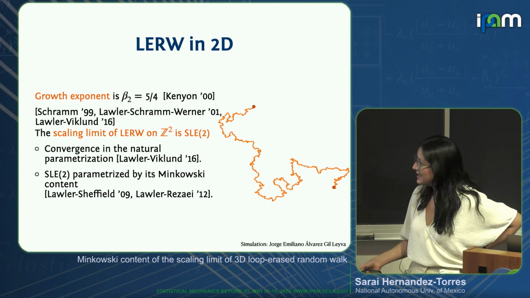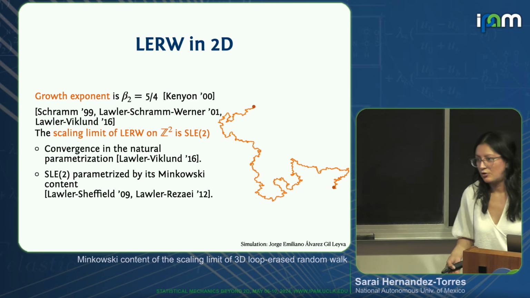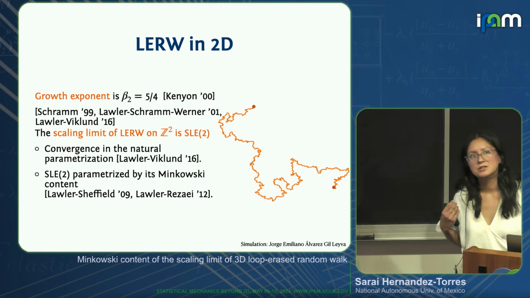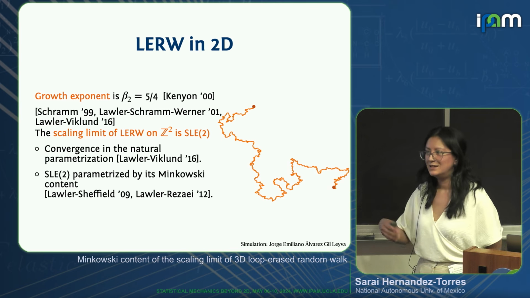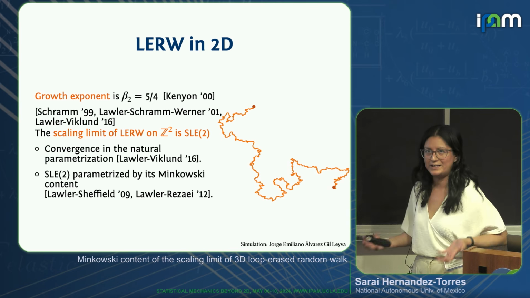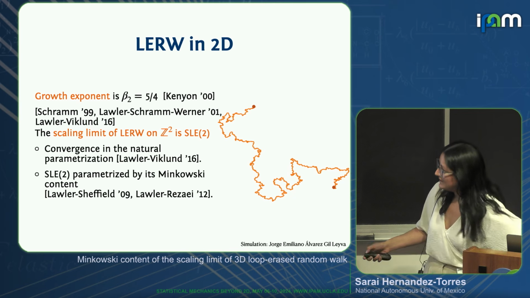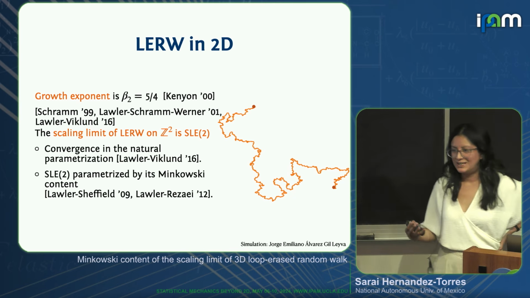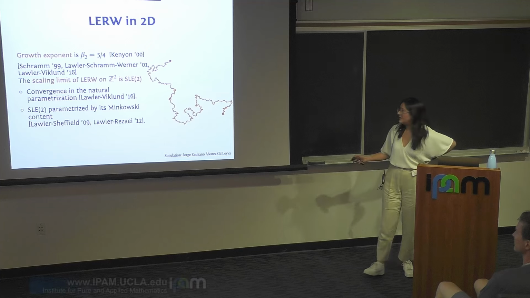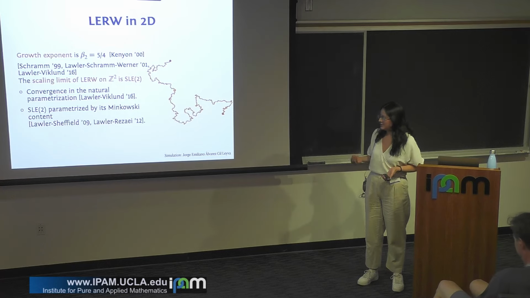natural parameterization, and the scaling limit would be parameterized by its Minkowski content. So in this paper of Greg Lawler and Scott Sheffield, they show what would be the correct way to parameterize the limiting object. One can choose several ways to define a measure on the limiting object and say this is a parameterization. But the nice thing about this paper is that they actually prove that if you just assume domain Markov property, conformal invariance, maybe I'm forgetting something else, but essentially what would be a good intrinsic measure, then the Minkowski content should